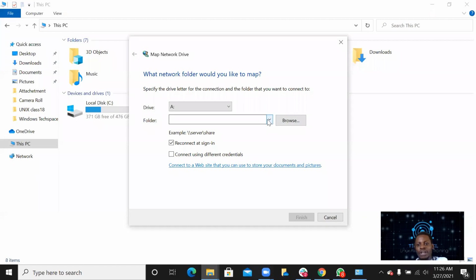But if there was a drive that you already mapped to before and then it got disconnected at some point, if you click on this drop-down menu, you see how it appears here? Because I already mapped to that drive before. But if it's a new drive that you're trying to map to and you've never mapped to that drive before, you cannot find it down here, you can go browse